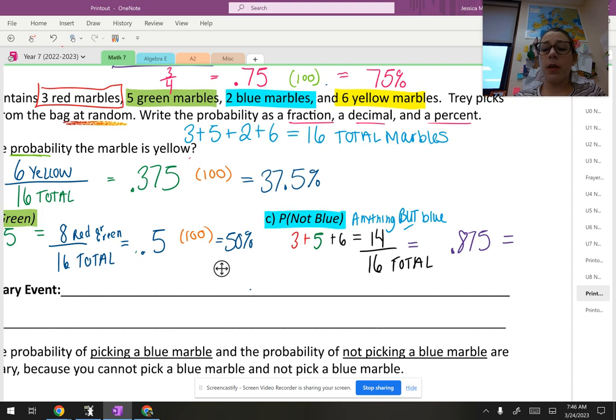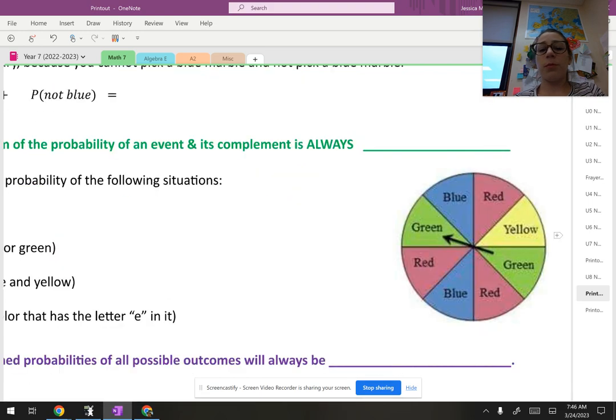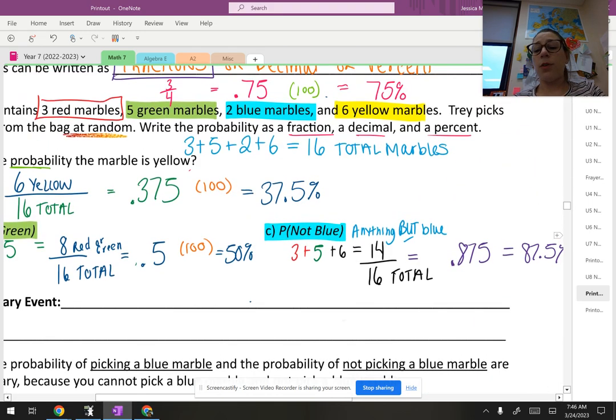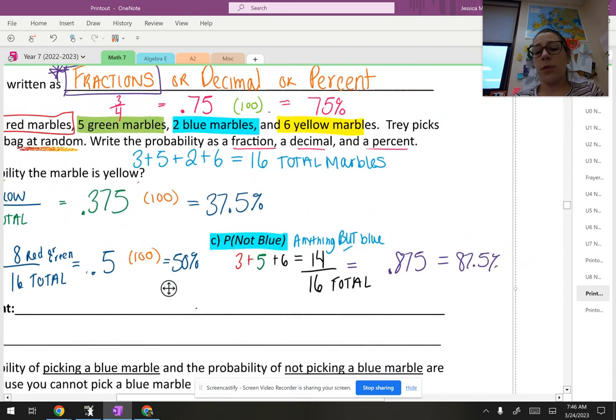0.875, which converted to the percentage would be 87.5%. Oops. You are going to get some repeating decimals, and that is okay. Just deal with them. All right, we'll take a look